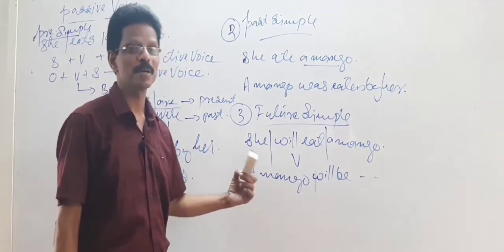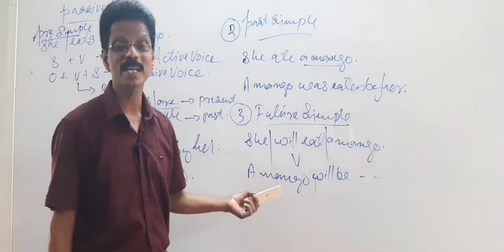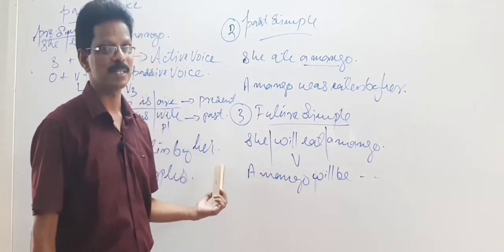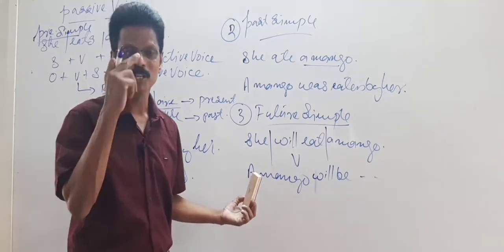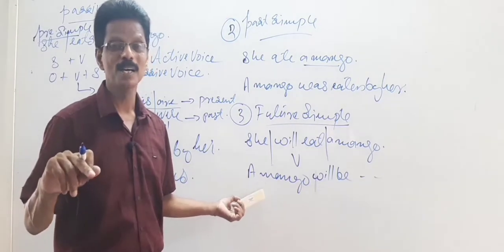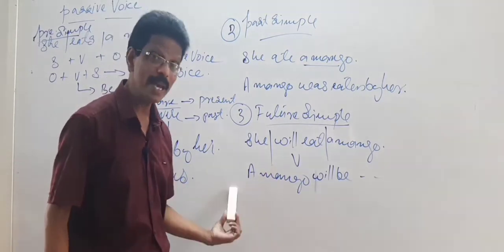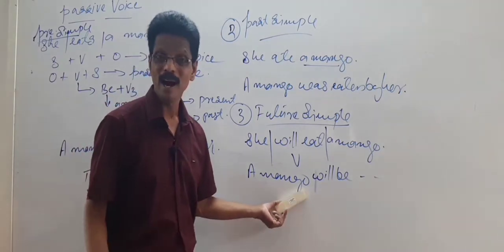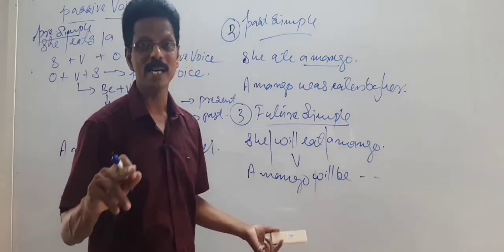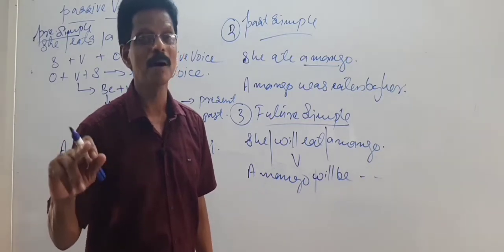I shall, first person. A letter shall not, will, because letter is third person. I repeat, first person shall, I or we. Second and third persons should both be used with will. So a letter will be written by me. I repeat, I shall write a letter. The answer will be: a letter will be written by me.